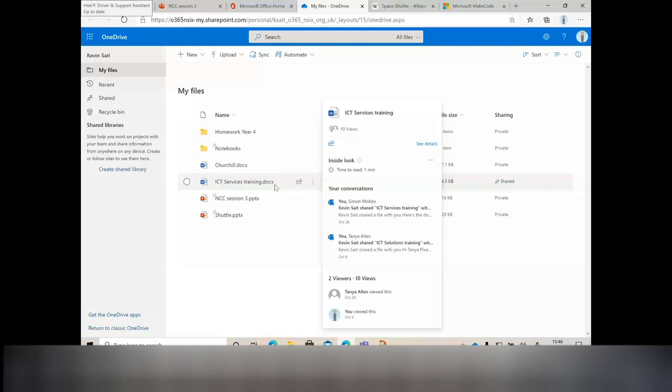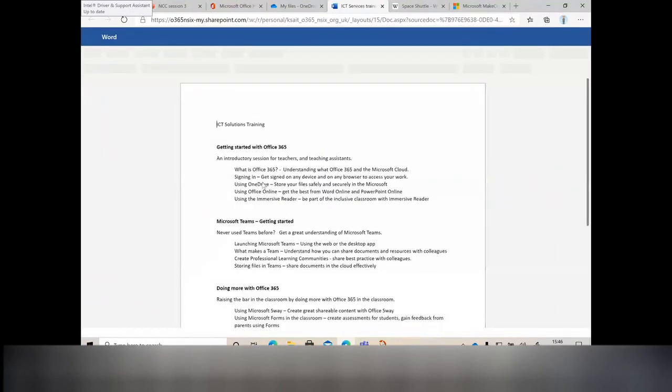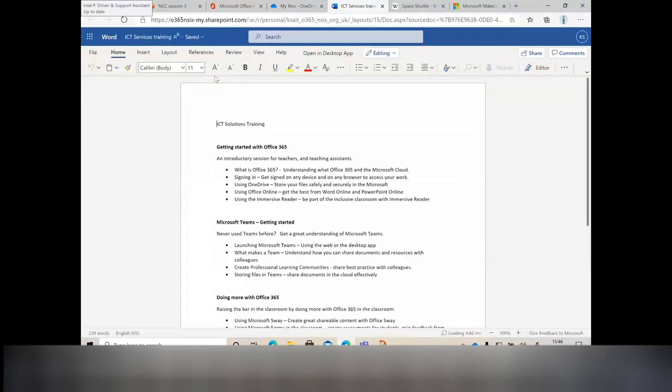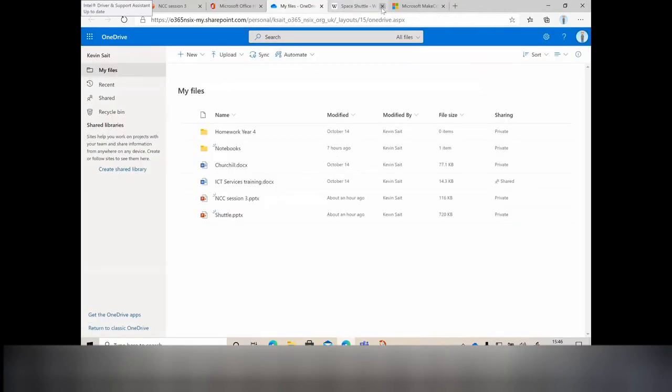Now, of course, we showed you last time that if we were actually editing that document and playing around with it, Simon can edit that document as well at the same time, and that leads into this real-time collaboration in using the document itself. So if I close that down and go back to my document,